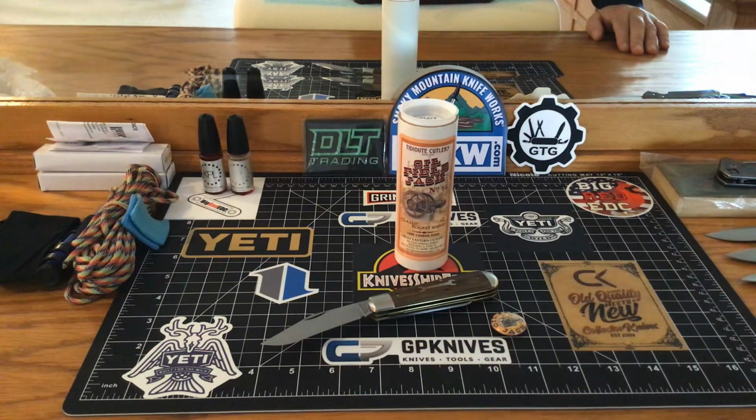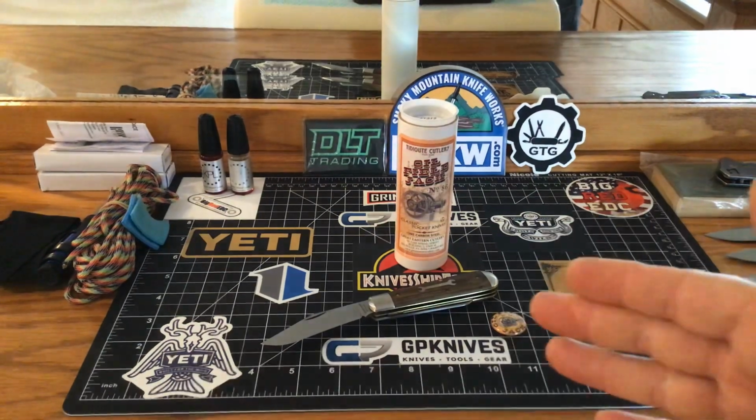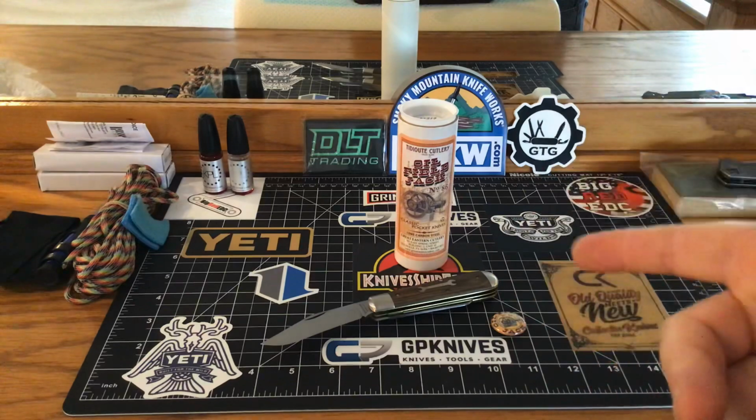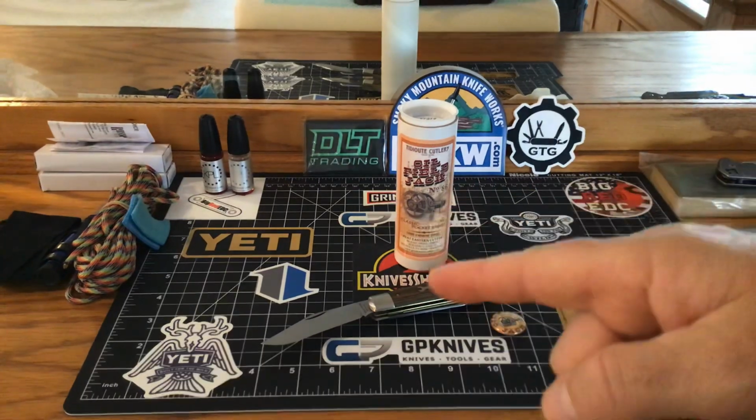This is a special one going to be in my collection. And I am going to continue collecting these GEC knives. As many of them as I can get my hands on. Because you are going to be sorry years to come. I'm just going to shake my head and be giggling like I told you so. This is where it's at. Right there. That's where it's at. You may not think so now. You are looking at